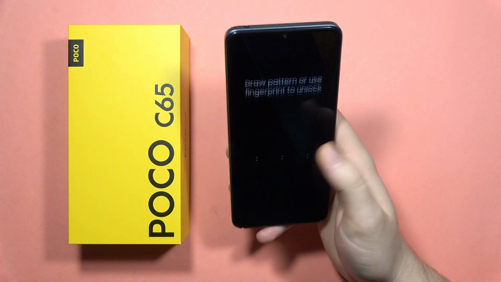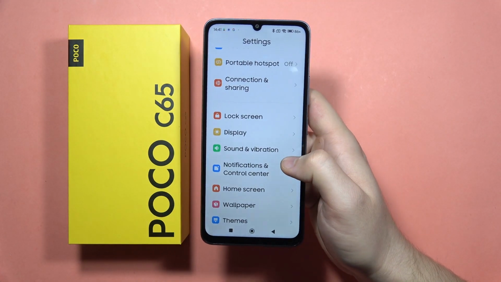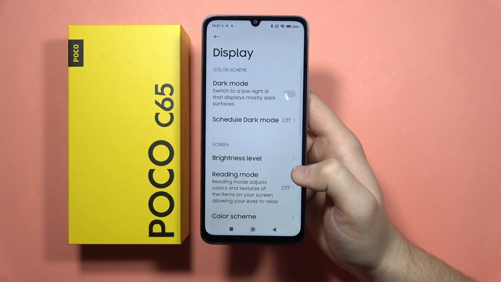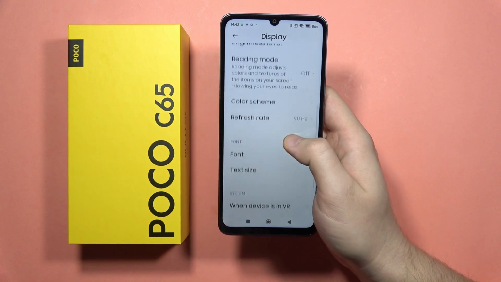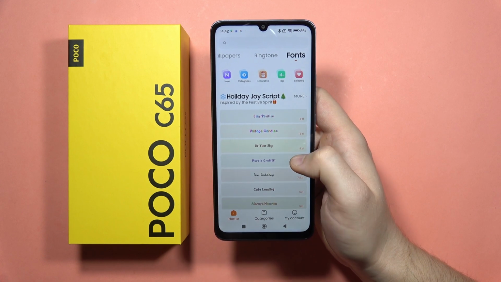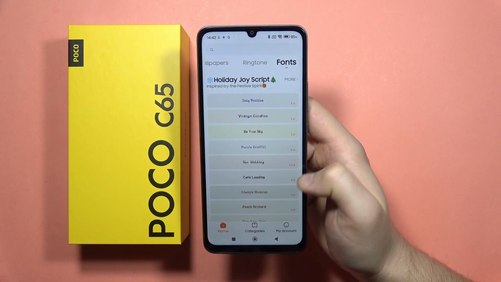Next, let's move for a second option. It will be the font styles. So in this phone, when you go into the display settings, you can actually download the additional font style. So currently it looks like this, but when you scroll down and open the font, you will be moved into this store and you can actually get free font styles, because right here we have